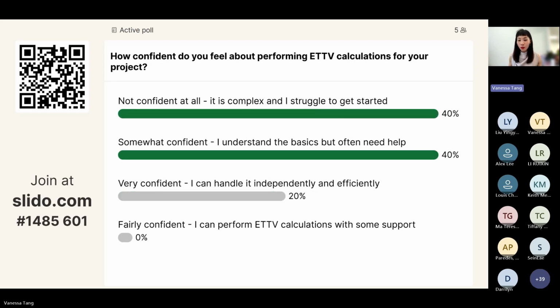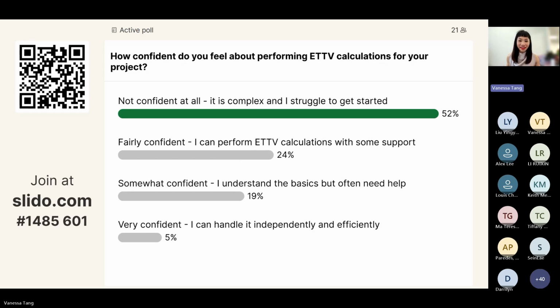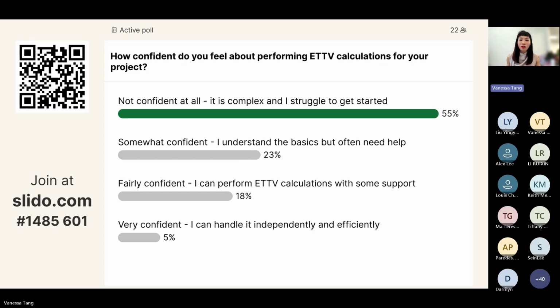So we'll be asking this question twice, once at the beginning of the webinar, just to see what everyone's baseline understanding is. And we'll be asking this again at the end of the webinar. So we'll see if this session has helped you with a better understanding. And we'll also be asking you what are the factors that would help make it easier for you to calculate your ETTV